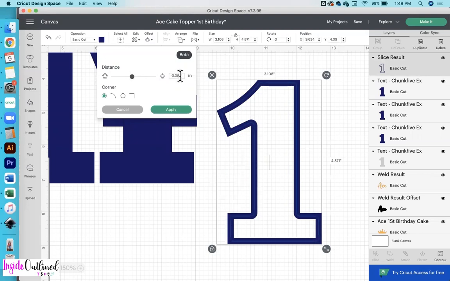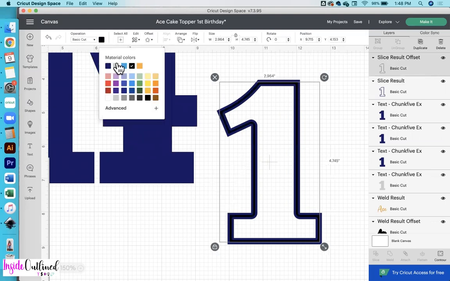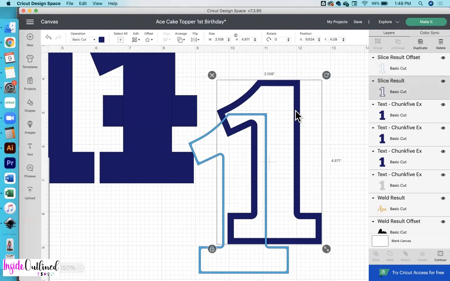And I may have to play with my numbers over here. Let's try 6. I think 6 looks really good, and I hope you can see that blue trim on the inside. So then I will click the apply button, and then I will change that color to that teal or light blue. Now I can get rid of this one,